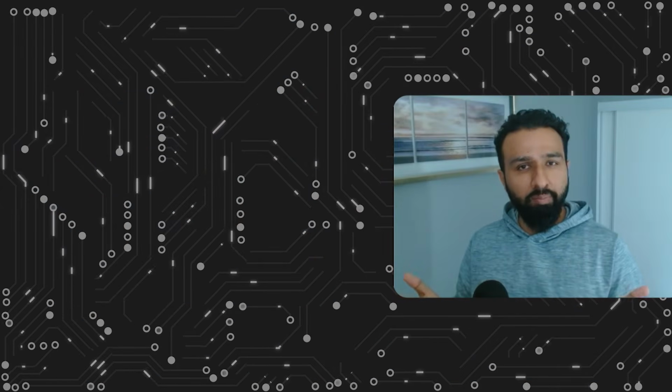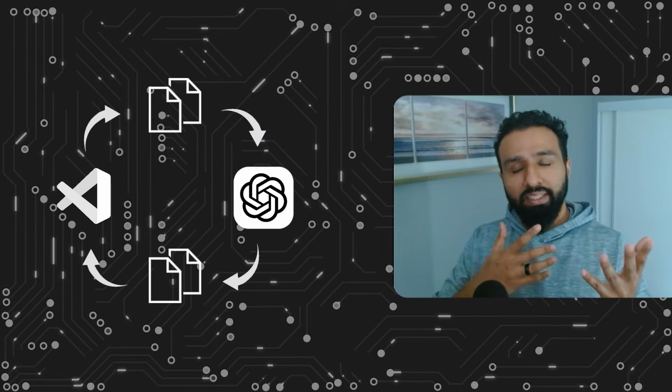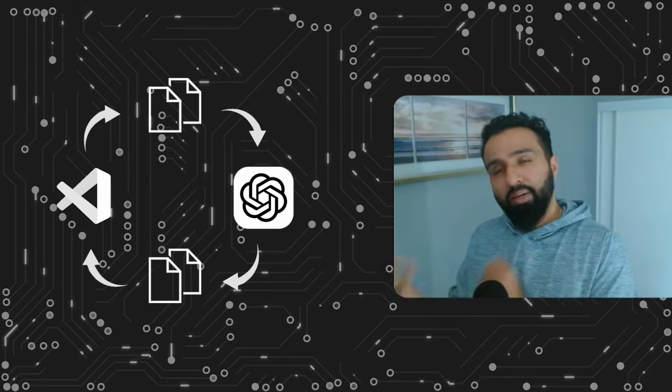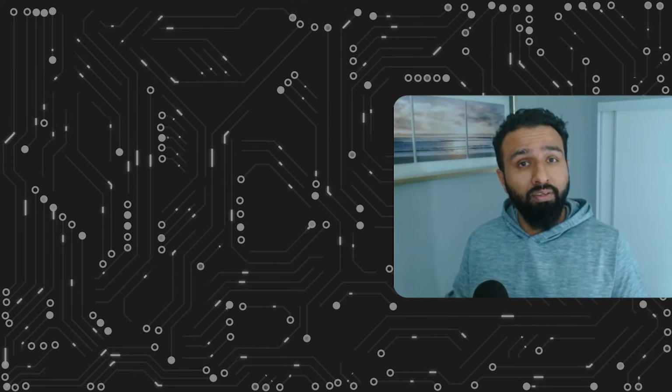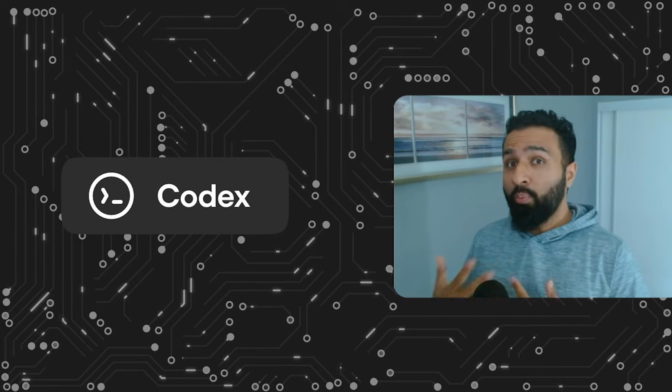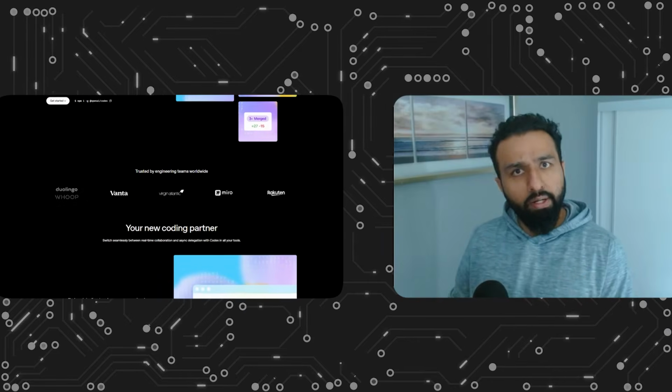Have you been using ChatGPT this whole time? Copying your code and putting it into ChatGPT and then seeing what it gives you and copying it back into Visual Studio Code? Well, you don't have to do that. There's a thing called Codex by OpenAI. And what I'm going to do today is just show you how you can integrate it right into Visual Studio